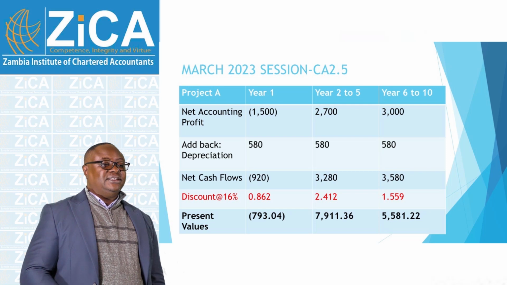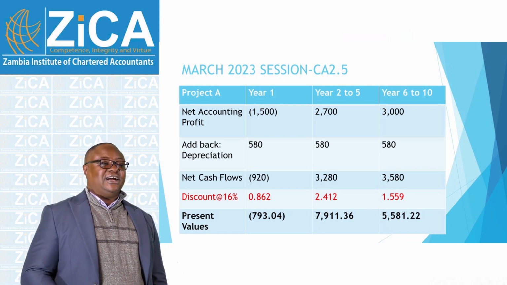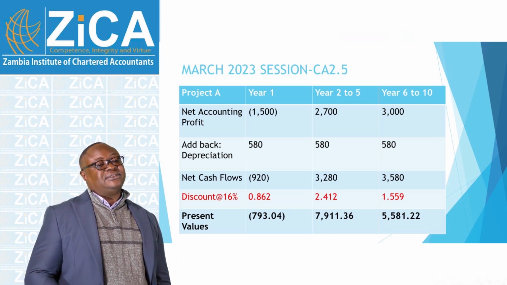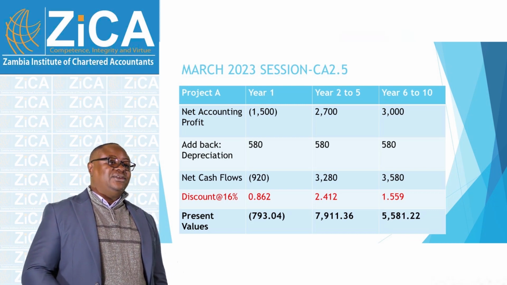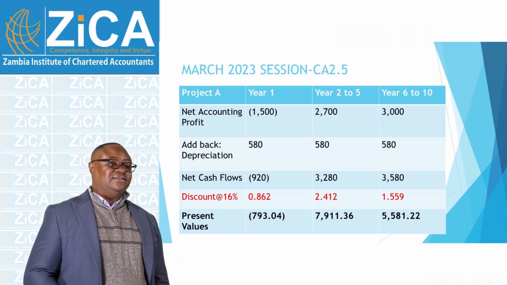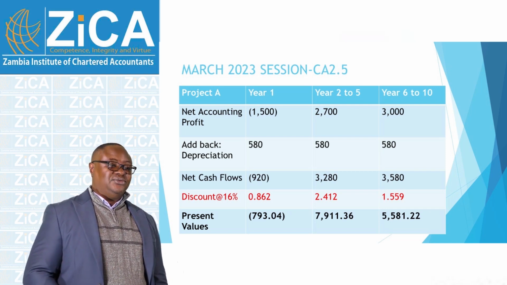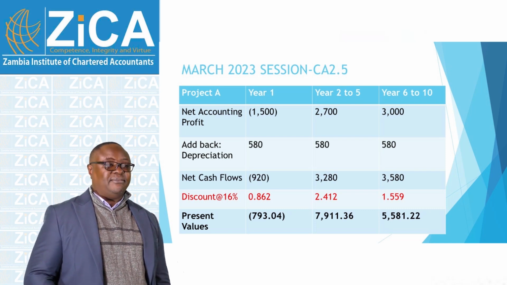Now, they needed to be discounted using annuity factors. Now, how do we calculate these annuity factors, considering that the timing are different? And that's what the question was, trying to test students on their abilities to use annuities. Not for you to start listing for a period of 10 years doing present values. You waste time and just shows that you do not understand the concept of annuities. So let's try and look at how you may calculate these annuities, just as an example.